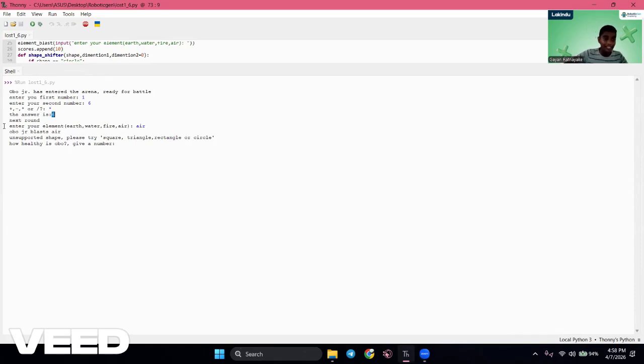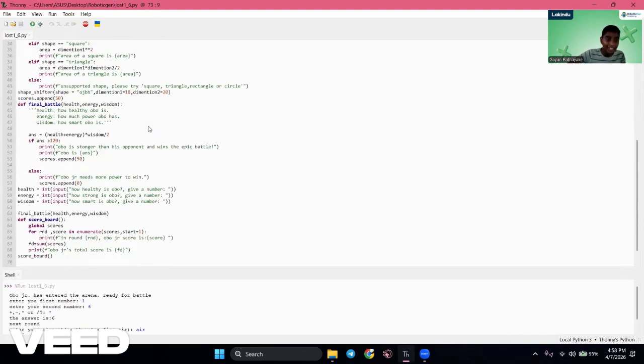So here we have to select an element from these, and as you can see we have put air. So then our hero also blasts air, the same thing. So let's see how that happens later. And then now we have hard coded this.